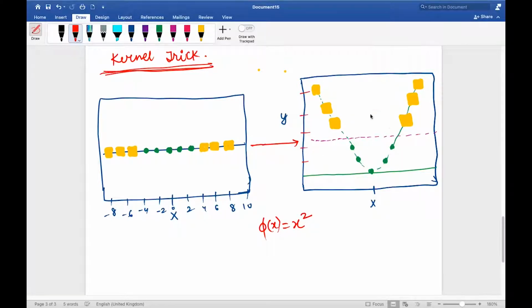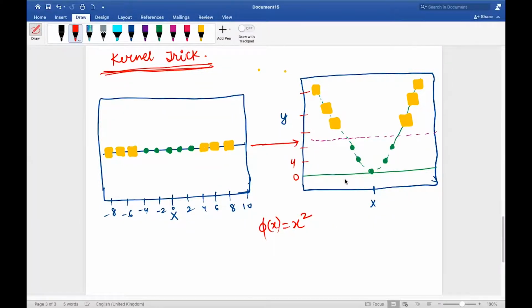Now this is how it became. On the positive side also, it squared into positive, and this is 0. Let's say this is 4, right? Something like that. In the scale you can think, obviously it will go a bit further, but you got the idea, right? If each point is squared, obviously it will become linearly separable after this transformation. Yes or no?